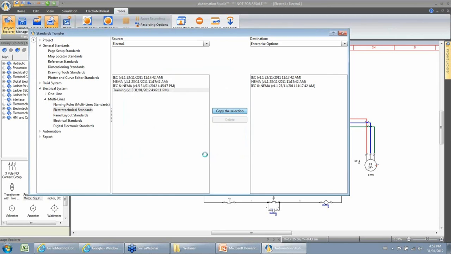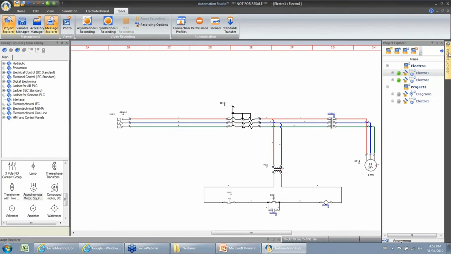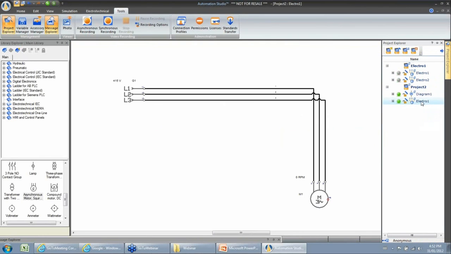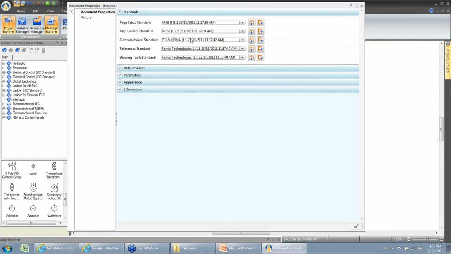Once I do that, these are just messages signaling that some of the transfers are being created in the enterprise database. Now I see my training standard in the enterprise option. So I can go back. Once I do that, I don't have to transfer it every time from project to project. Every time I create a new project, I will be able to see this new standard